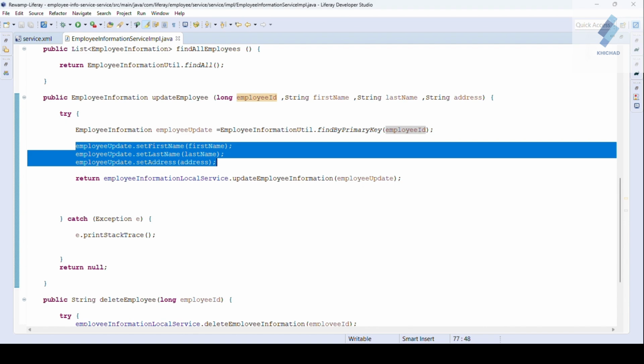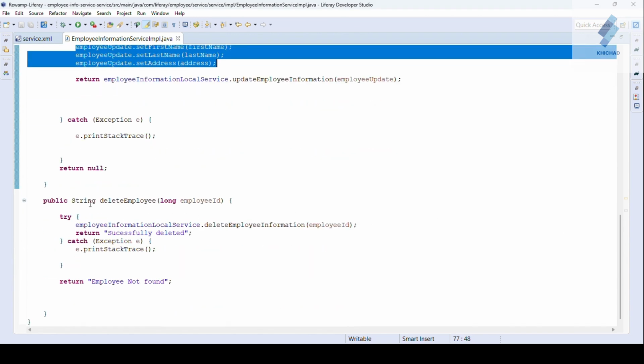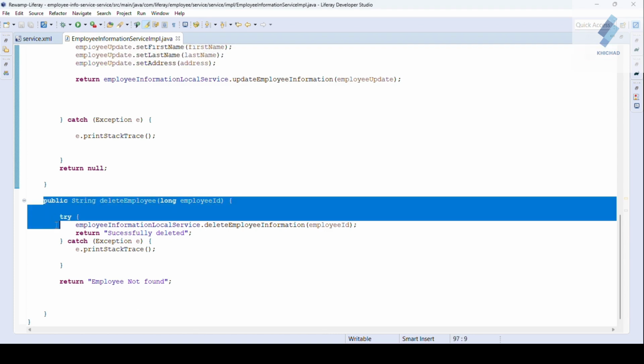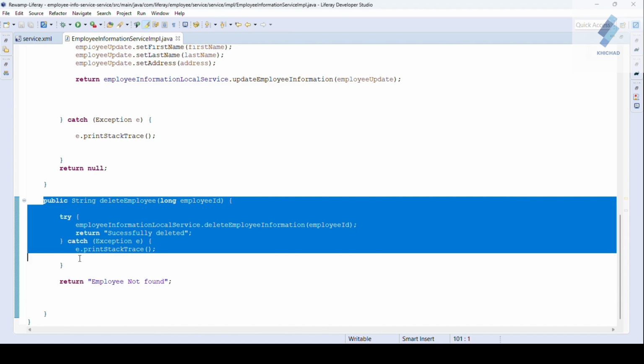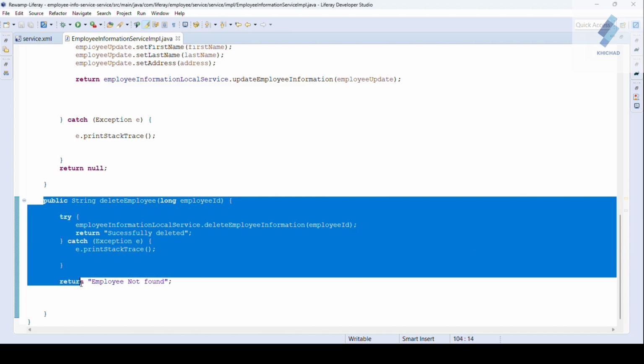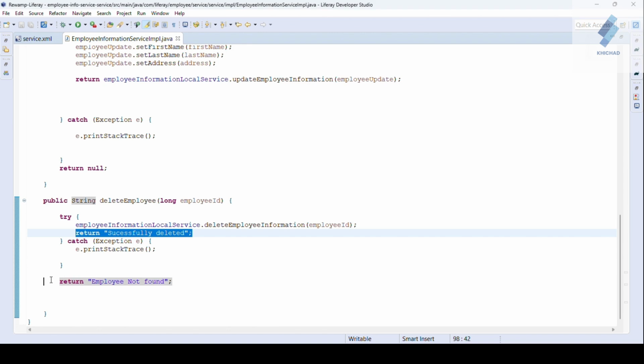Next, go to the next method, delete employee. This method gets the employee ID and deletes the employee from the database. I am using this private log: if the user is deleted successfully it returns true, and if the user is not deleted, it says employee not found.